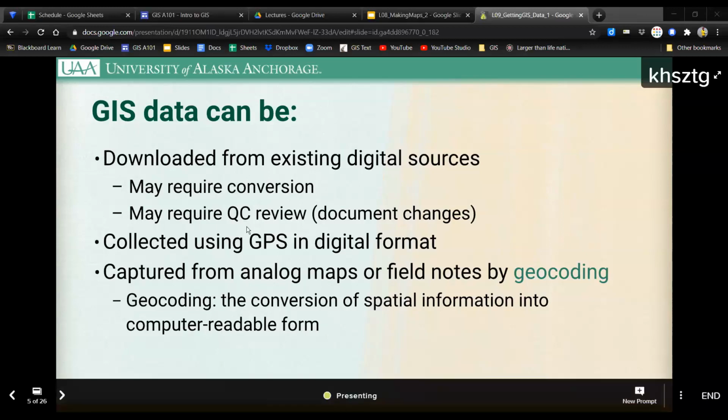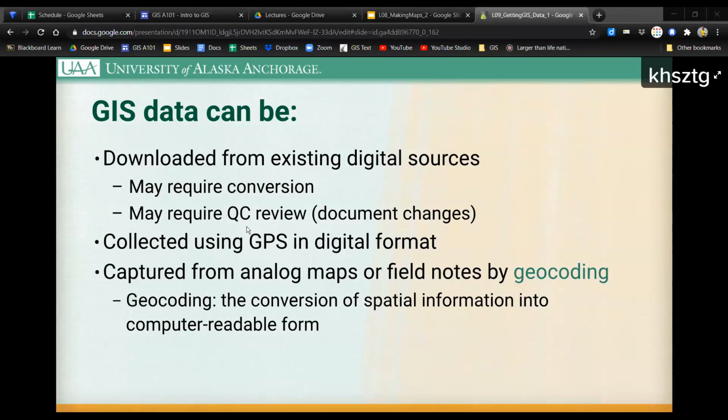Okay. You can also collect data by yourself, right? Yeah, so that's the next step. If you've gone out on the web and you have not found all this freely available manna from the sky data out there for you to use, then the next step is to go out and collect it yourself. And again, if you stay with the UAA program, there are classes on doing just that, or working for a survey company around town,